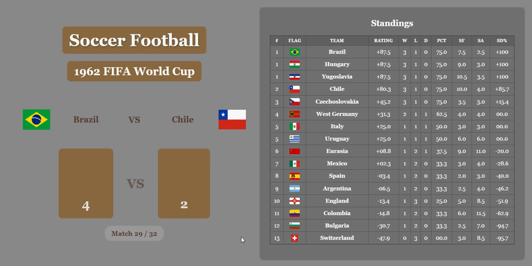Here it is. Oh, but Brazil is going to maintain it, and Chile will have to remain under 1st place. By how much? Well, now they're in 3rd. Brazil actually goes down to 2nd because of the score difference. That's going to affect their rating. But still, in the long run, a win is good.